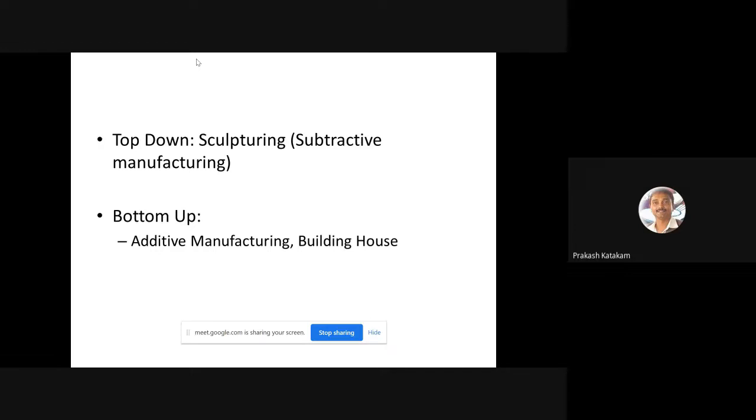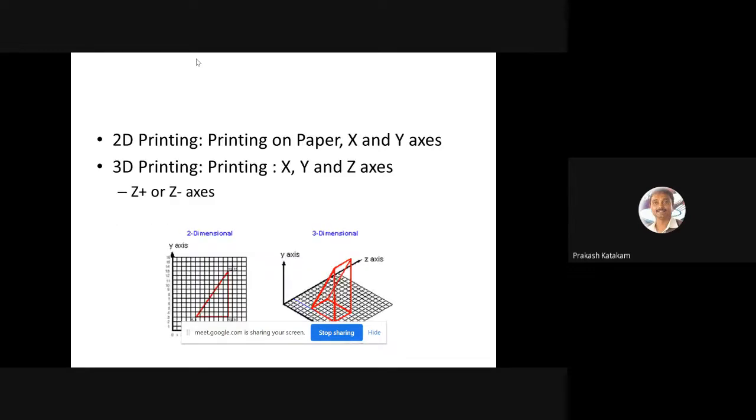In the first session, our doctor might have explained the basics of 3D printing technologies, and I will elaborate a bit in detail on those things. What we know as normal printing of a paper is called 2D printing, which prints based on the X and Y axes. Whereas in 3D printing, along with the X and Y axes, there is a Z axis, which we also call upside or downside, and the object is printed in a physical form. So in 3D printing, we actually print a physical 3D object.